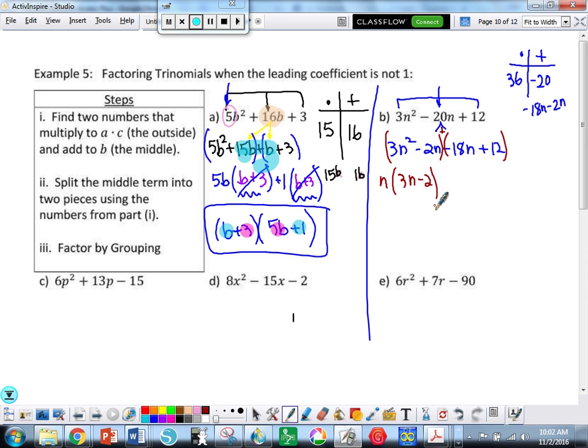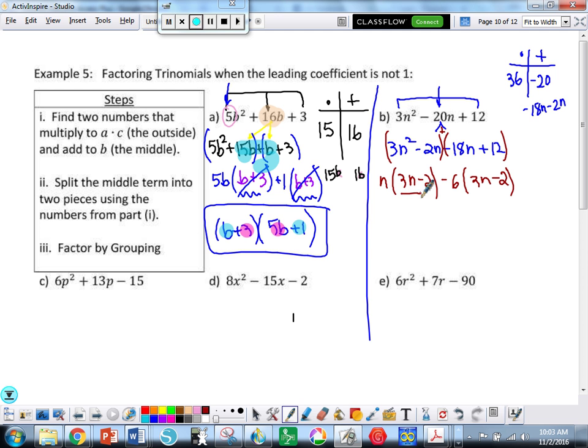Looking at the second group, what do they have in common? A 6, but I'm not going to pull out a 6. I'm going to pull out a negative 6 because this right here is negative. If I pull out a negative 6, 18 divided by 6 is 3n. And then will it be plus or will it be minus? And how do you know? 3n minus. Why is it minus? Divide by a negative, right? Positive divided by a negative is a minus